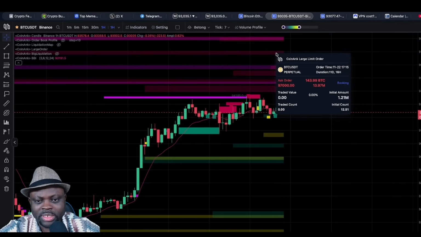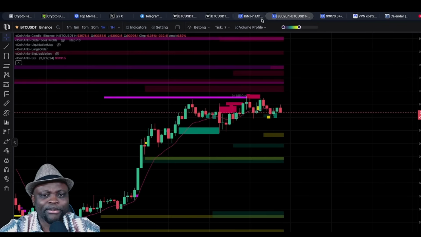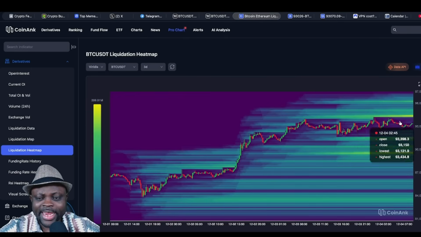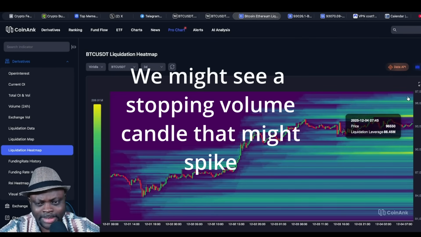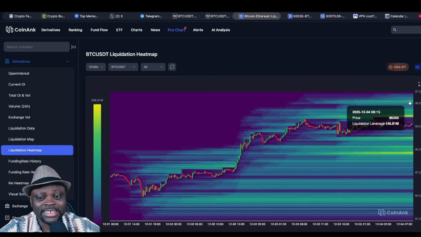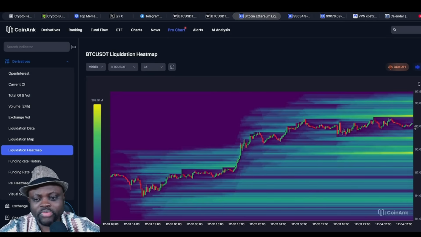Then we have liquidity around $97,000. This is only 1.2 million. So now I went back to this liquidity heat map, and I'm like, okay, it means that we might see a stopping volume candle that might spike right up to, let's say, give or take $96,000 before price can dump